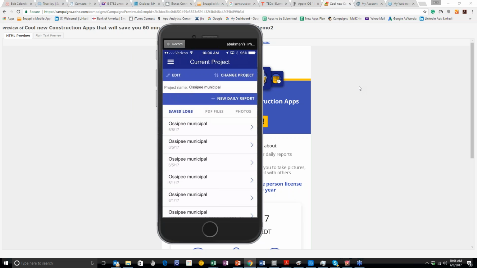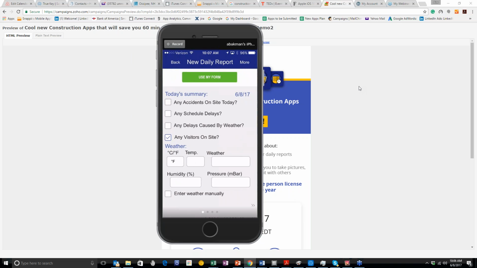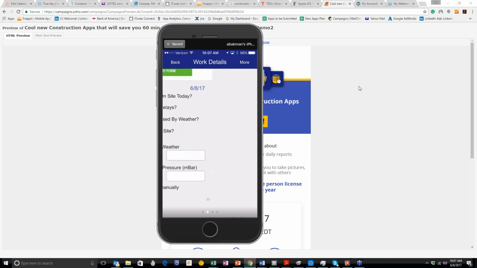here's a report that I put together, and you see the 4 dots at the bottom? There's 4 easy scrolls. You just answer what makes sense. So for example, any scheduled delays? Yep. Were there any visitors, any delays caused by weather? Just check off what makes sense. It captures weather automatically. Then we go on to the next screen,